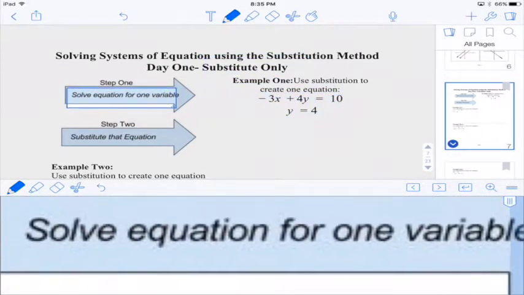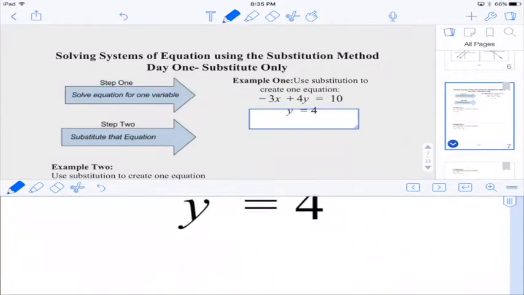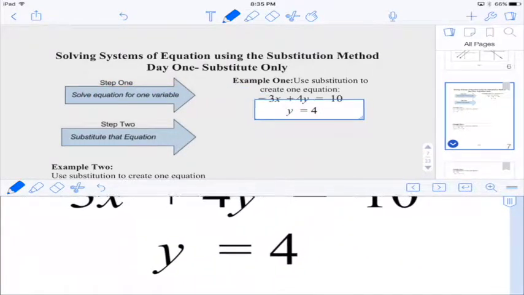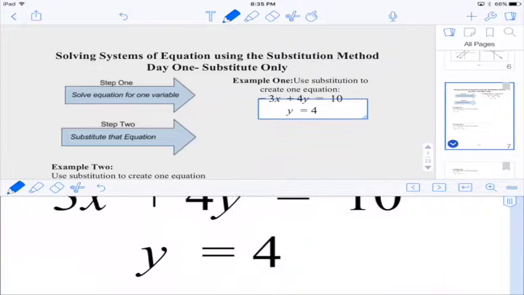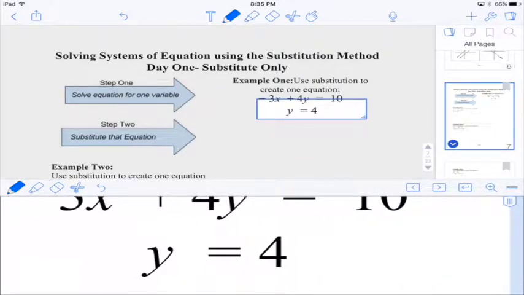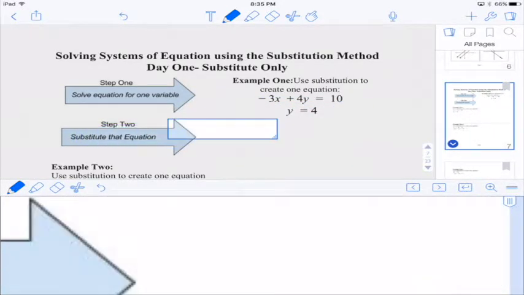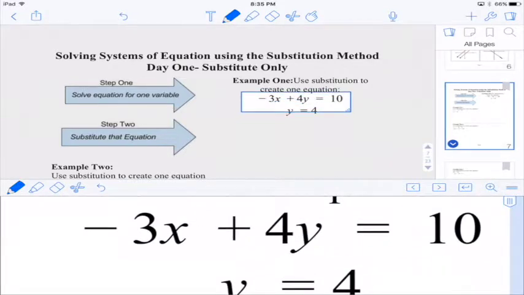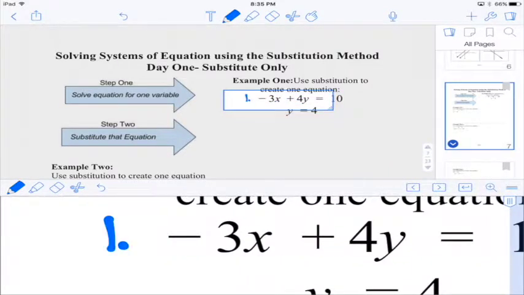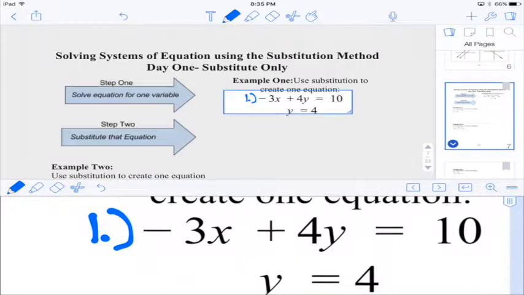So what we want to do is solve the equation for one variable. Well, that's already done. y equals 4. It's solved for y because y is 4. Okay, then we're going to substitute that equation. So what we're going to do is take equation number 1 and replace this